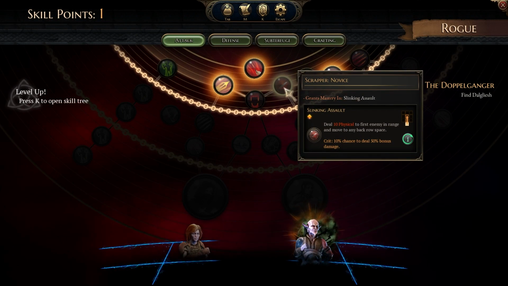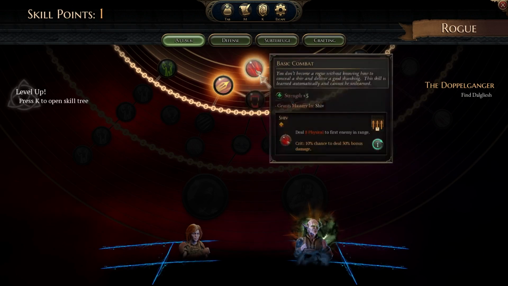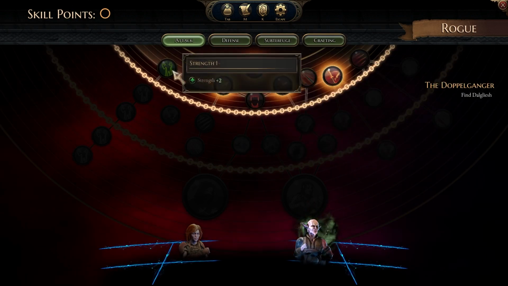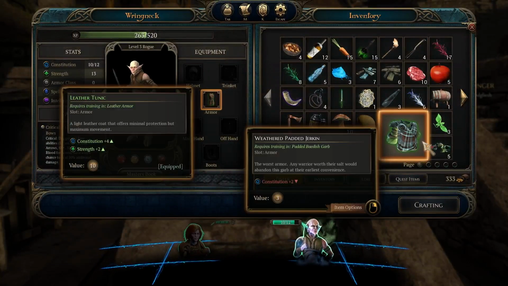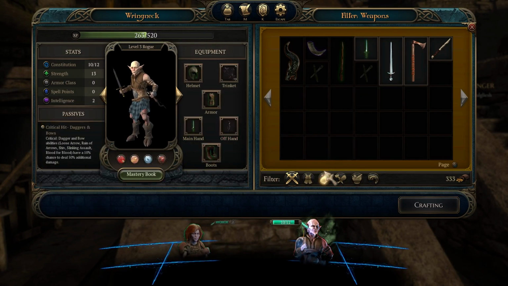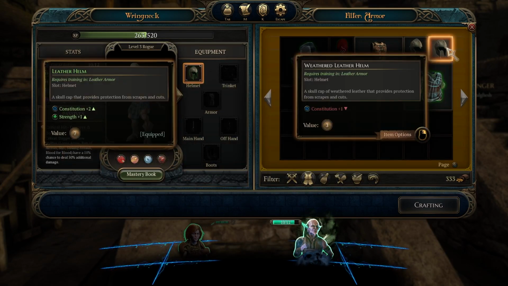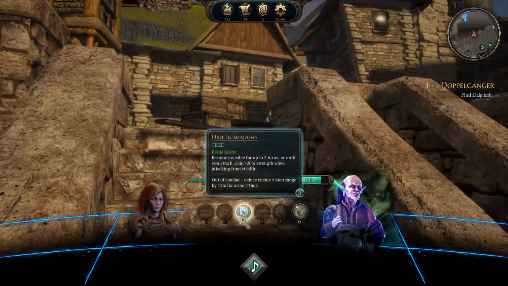Let's give him his Slinking Assault. The extra strength would be really good for him too, but the additional ability is going to be helpful. Then we'll go with the extra strength, and then we'll see what else we can get for him. What kind of inventory do we have? Does he have anything that he can use that's better? Not here. What about armor? No? We're all set for armor? Good. Okay, we're gonna go ahead and...